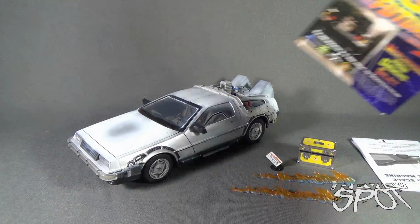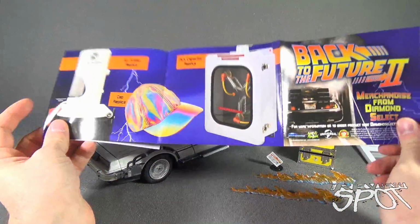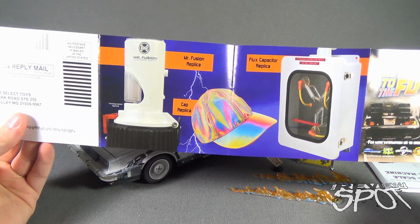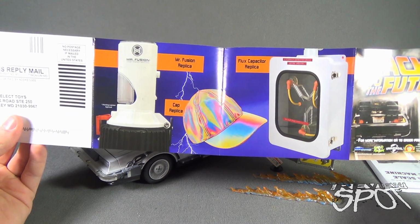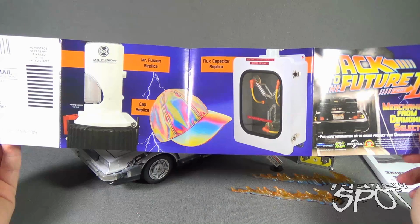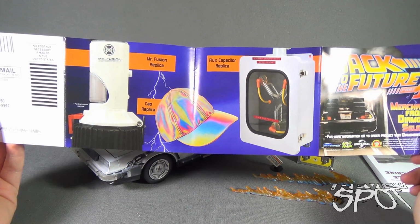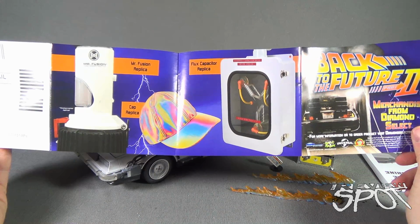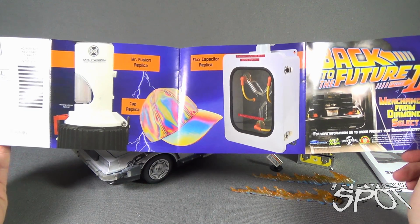Things to come included with the DeLorean. First things first, you get a little product catalog. And I got to admit, I didn't even realize Diamond Select was making these. For example, Mr. Fusion replica, the cap replica, and even a flux capacitor replica. This has me very interested right here. It's merchandise from Diamond Select. For more information or to order product, visit